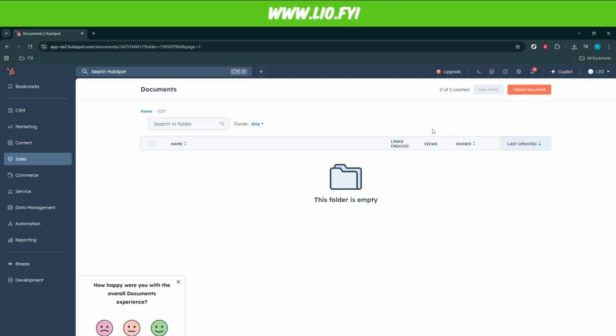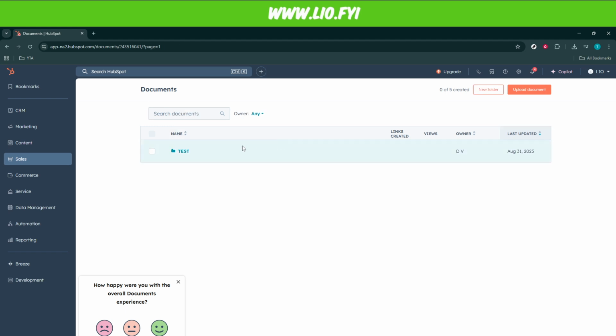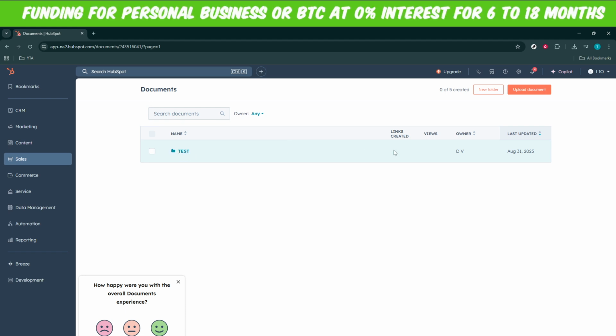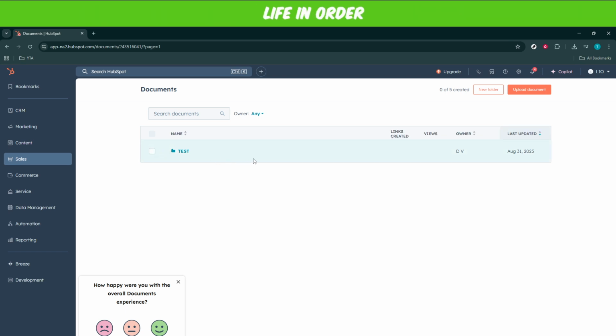Each of these steps, though simple, offer great benefits and add significant convenience to your sales operations. With your new folder, you can ensure that documents are not just floating around, but are instead carefully organized for quick access. And there you have it. In just a few easy steps, you've learned how to create a new folder within your sales HubSpot, enhancing both